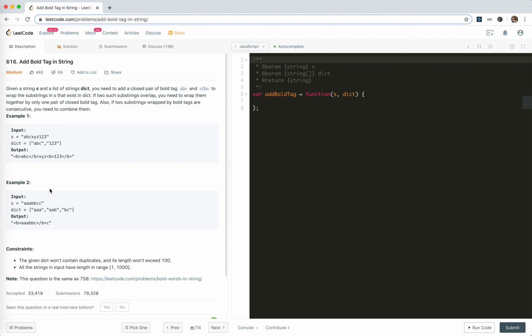So, sounds cool. Suppose we have AAABBCC with the dictionary AAA, AAB, BC. So this one obviously needs to be bold, and this also, and BC bold. So they are put together, AAABBC. Pretty cool. So the obvious, naive solution would be